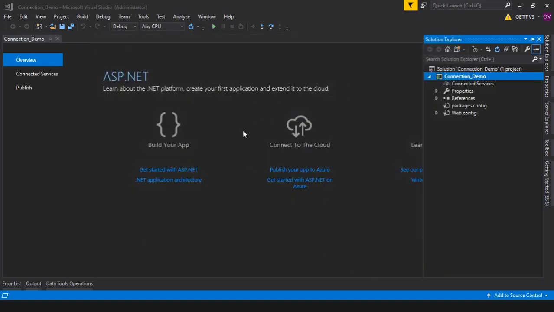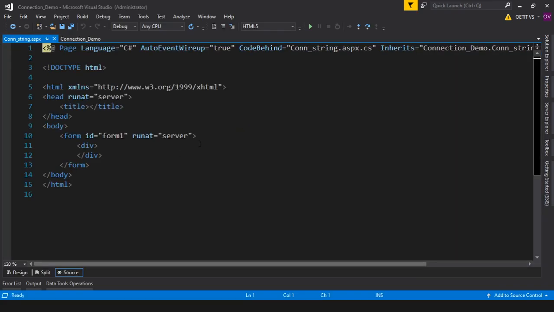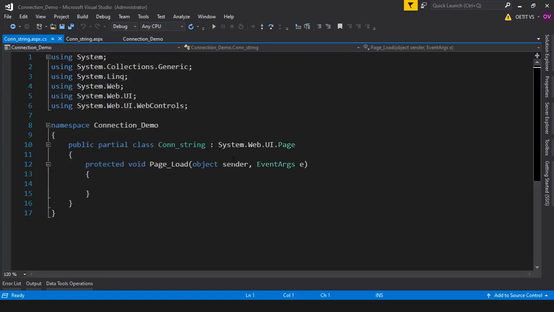Click on add button. Okay, your web page is created. Press F7 key to open your CS part, means the code part, application code.